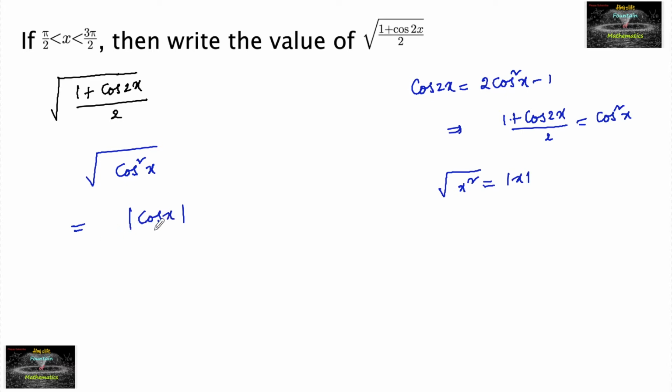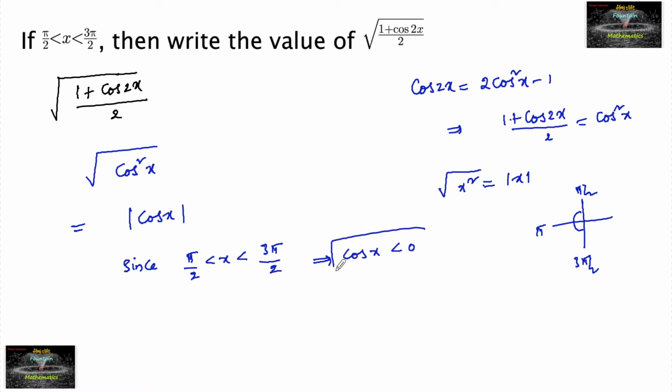So which is equal to mod of cos x, and since x lies between pi by 2 and 3 pi by 2, that is pi by 2 to 3 pi by 2, so this is pi by 2, this is pi, and this is 3 pi by 2. We can observe that cos x is negative. So if cos x is negative, which implies mod of cos x will consider minus cos